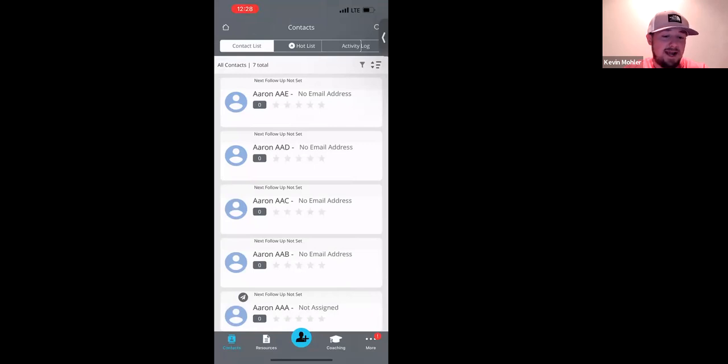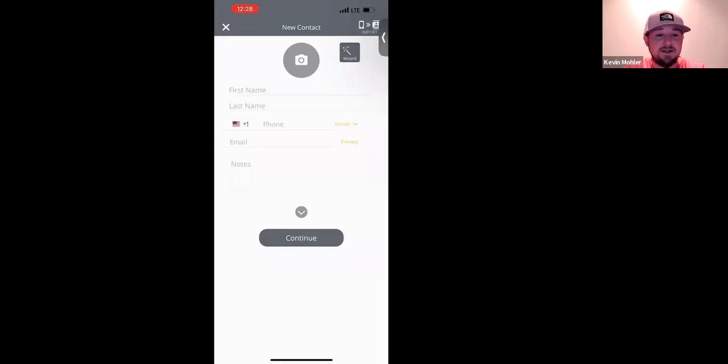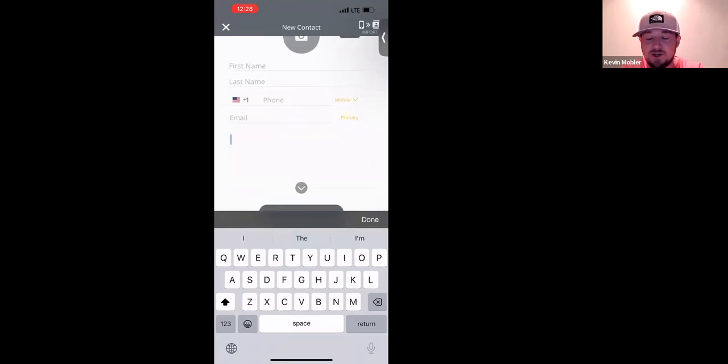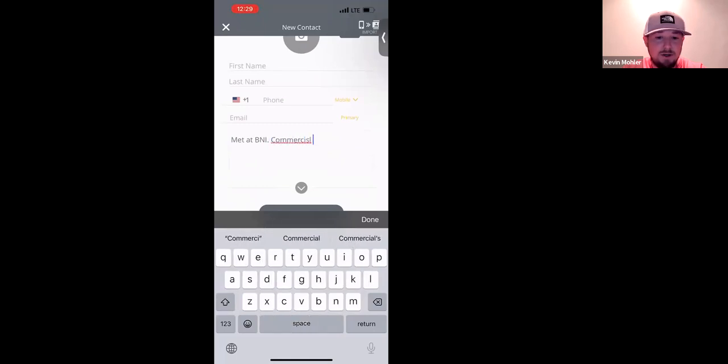Okay. So what are other ways to add somebody? Well, if we click that plus person icon again, it takes us to this screen. Now, yes, of course, you can manually punch somebody's information in. You know, they say their first and last name, and maybe you don't know how to spell it. You can always hand them your phone, right? And have them actually manually punch that in. But what I want to share with you is down here, this spot for notes is so vitally important that you take a moment when you add a contact, especially if it's a prospect that you just met, and put a few notes, right? If I put met at BNI, he is a commercial